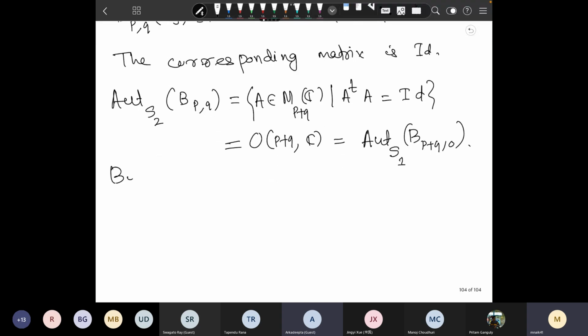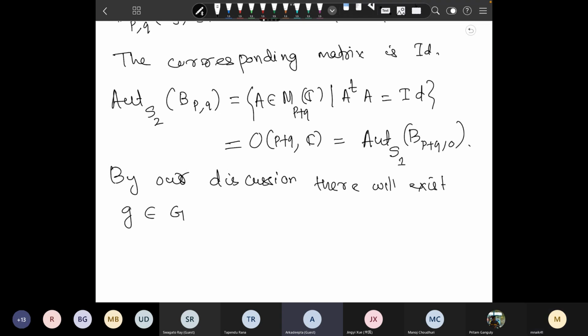So by our earlier discussion, there will exist G belonging to GL(P plus Q, C)